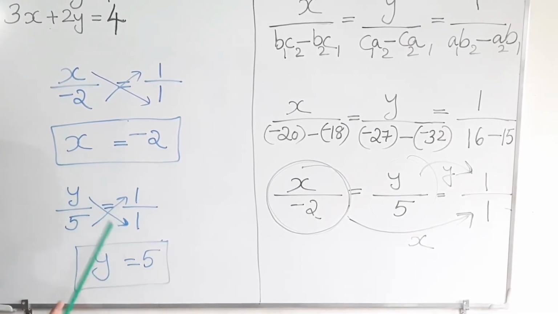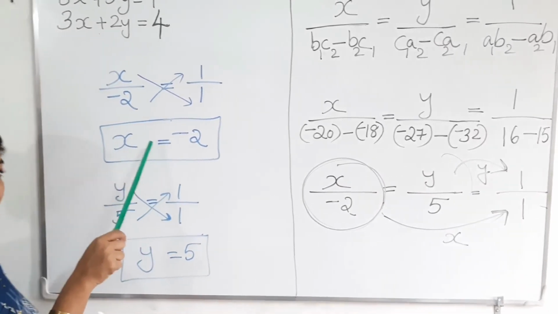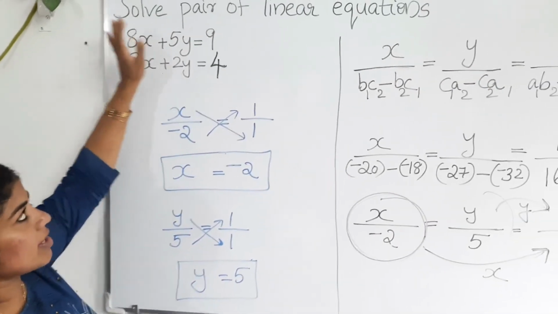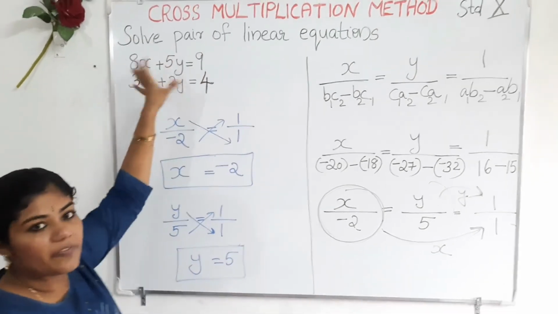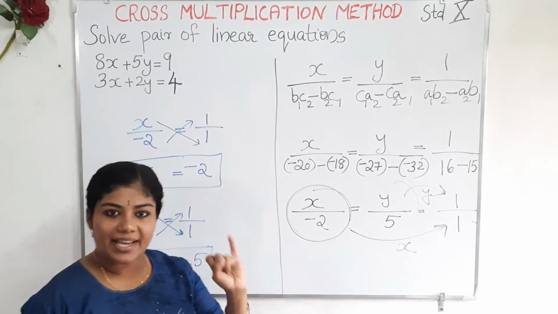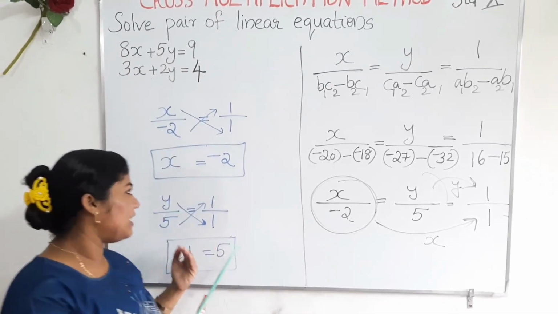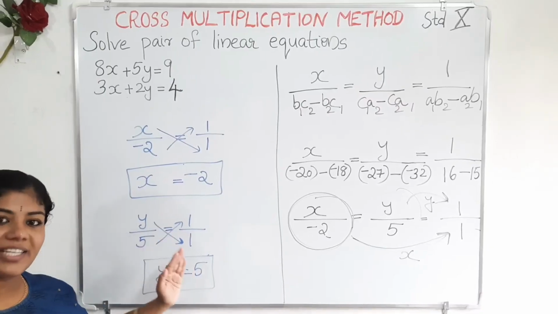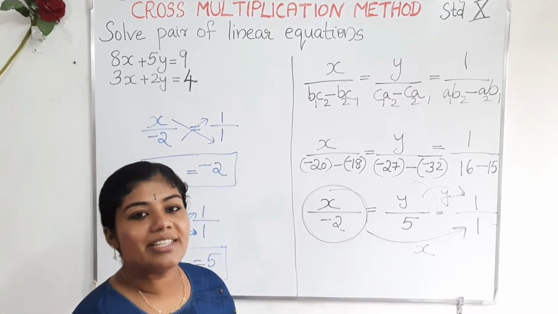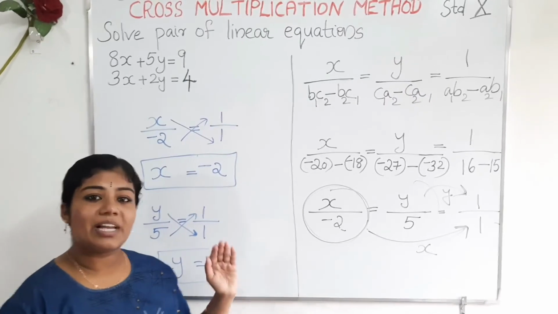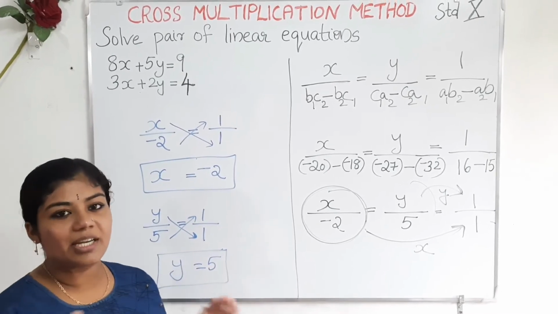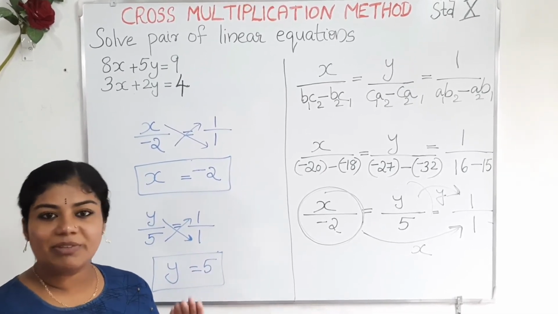So this is the final step, where we find what is x and what is y. So see, this is our question: solve a pair of linear equations. The first step we did was make some changes, and we applied the second and third steps, and finally we got x and y. Okay, so hope you all have understood this method. See, this is also a very useful and very easy method, very easy to understand. You just remember the trick, so it will be very easy for you.